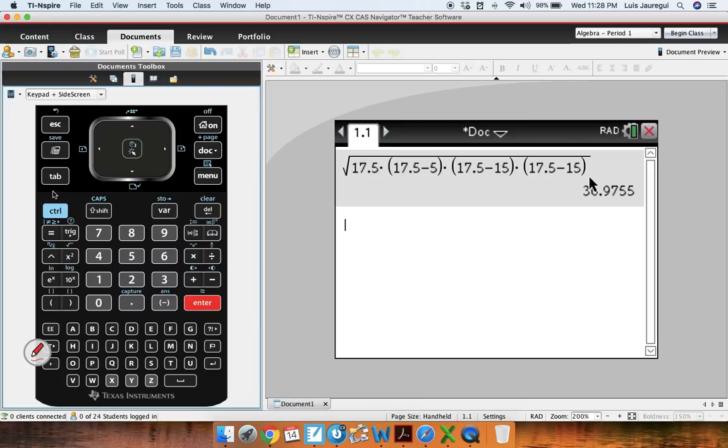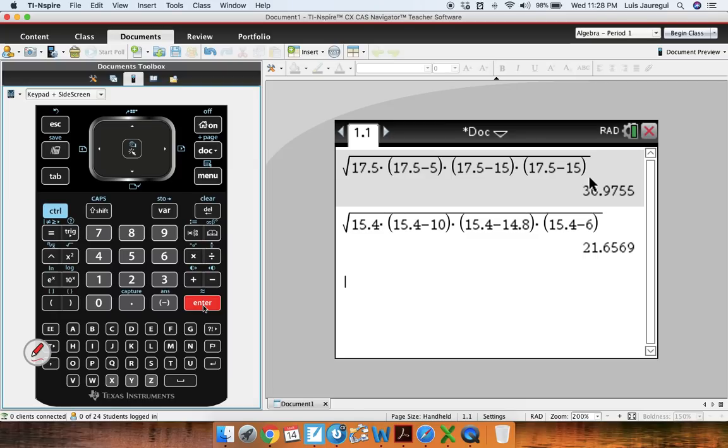I'm going to hit Control and the square root key, and then type in 15.4 times (15.4 minus 10) times (15.4 minus 14.8) times (15.4 minus the third measure, which happens to be 6). And we're going to hit Control Enter. That gives us about